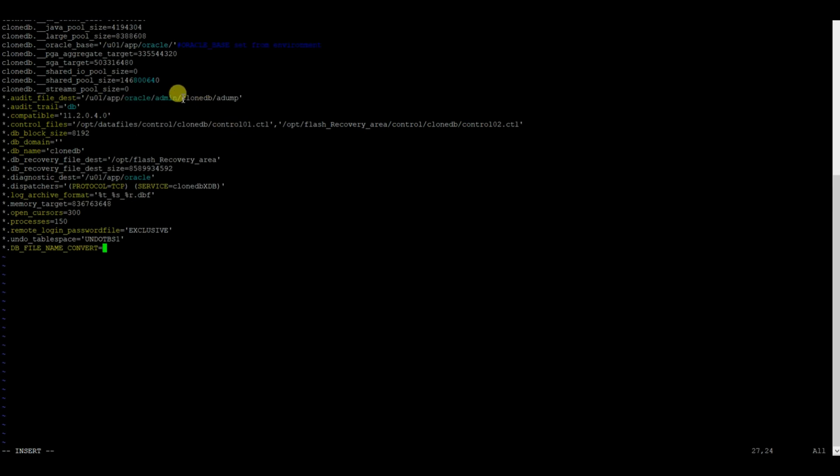Then the name changes to clone.db. In here in our production it was test. So this we need to change. For the data files, we need to give this parameter. Next is, the same thing we need to do for our log files also, log_file_name_convert. So we are done with this.